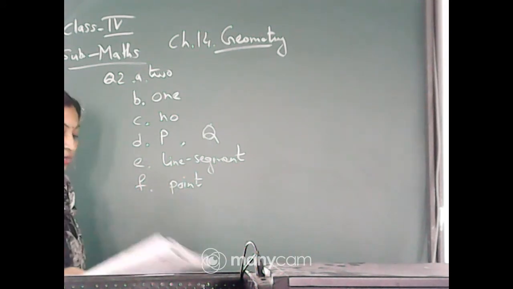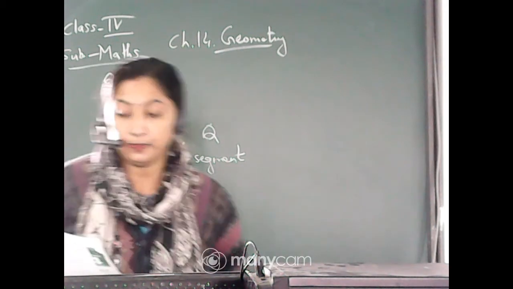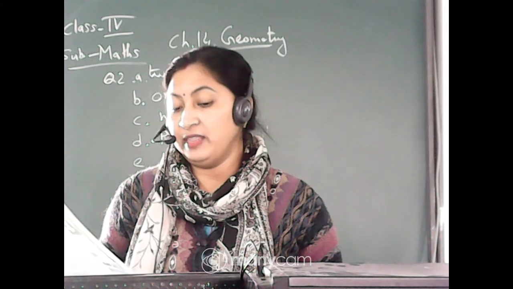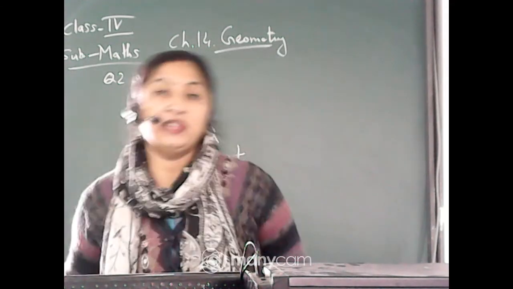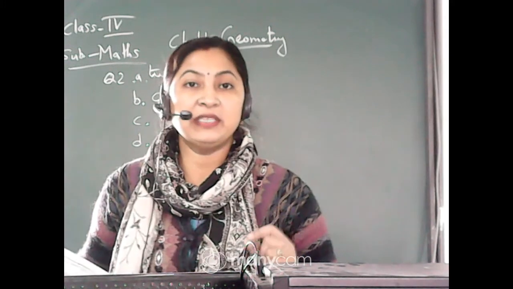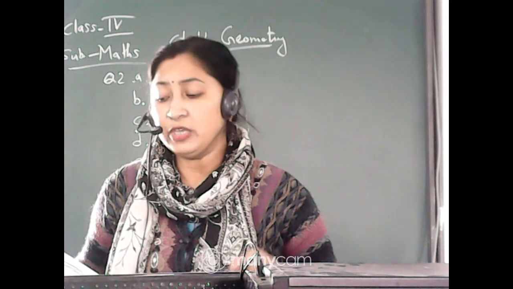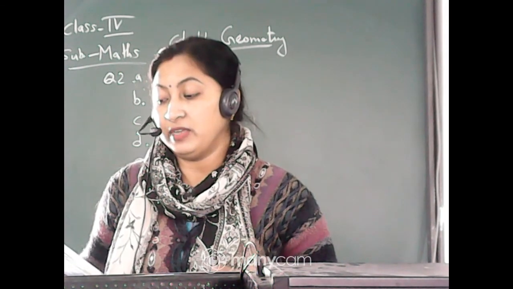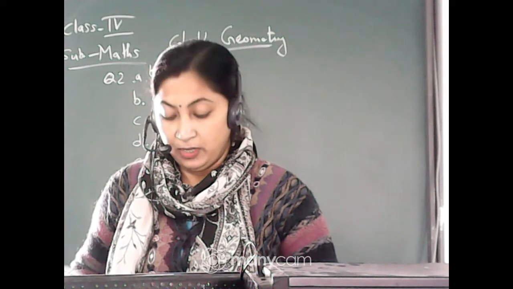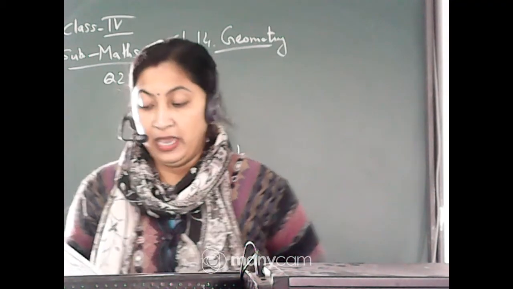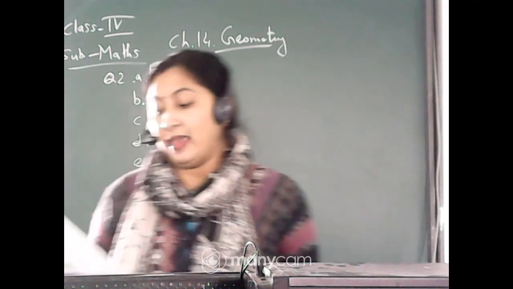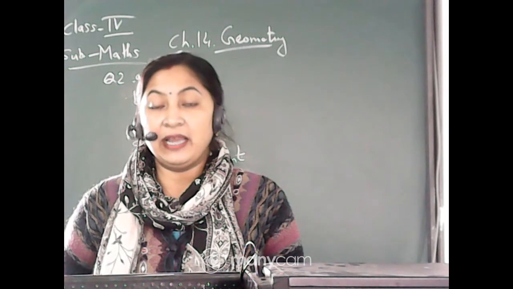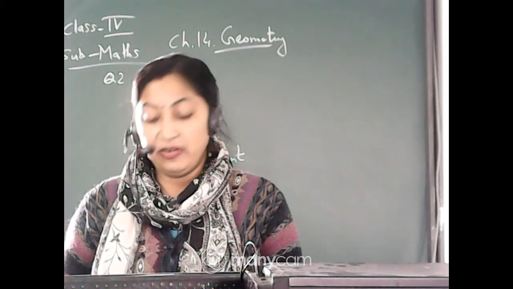Now come to question number 3. Question number 3 is given, measure the following line segments and fill in the blanks. You have to measure the line segments with the help of the scale. Okay, keep the scale and start from 0. You will start from 0 and measure what will be the length of the first line segment AB. Okay, you measure it and then you will tell me AB, then CD and EF. So this thing I am giving you as homework. You will measure the line segments starting from 0 and then write it in the book.